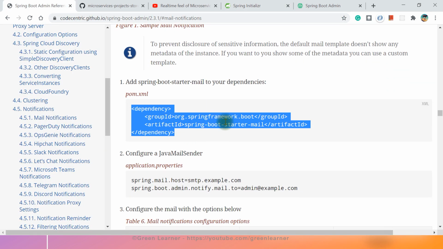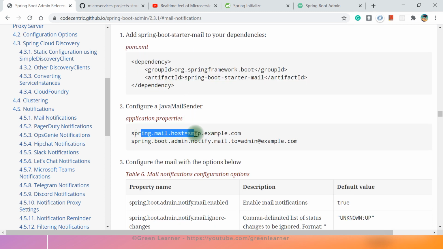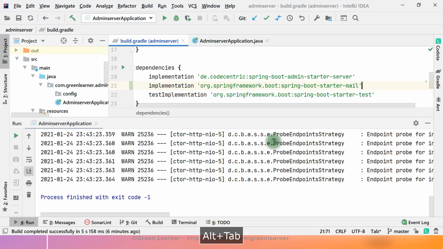When I have added this dependency, I have to configure a mail sender. There are a couple of things that I have to configure: the mail host and whom to send the mails to. So let me go ahead and do that. The dependency is downloaded here.